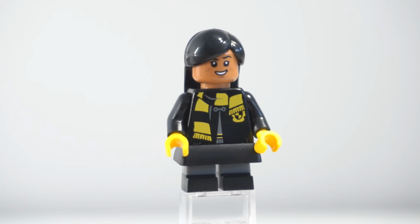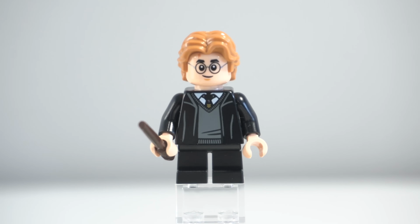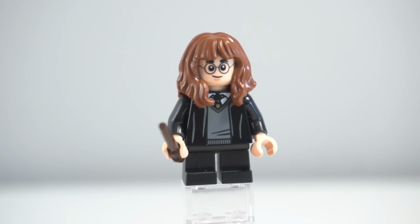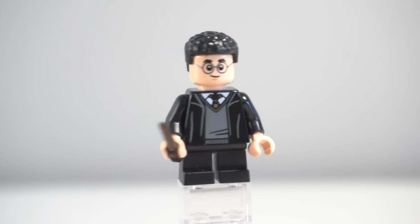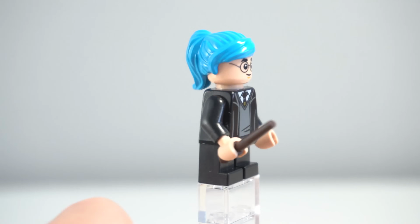I absolutely love it. Then aside from Harry's hairpiece and Professor McGonagall, you also get 16 different hairpieces. Quite a lot of ones that we've already seen before, but there is a really large variety here, which I think is absolutely awesome. And to showcase them to you all, I thought I would model them on good old Harry Potter. First up is the Colin Creevey hairpiece, then the Draco Malfoy hair, the good old blonde ponytail, Hermione's hair, the brown spiky hair, the Kevin McAllister, the signature Ginny Weasley sideswept ginger, or as I like to call it, bloody hell, the Marvel T'Challa hair, older Harry, curly space buns, this dark brown braid, this bright blue ponytail, which